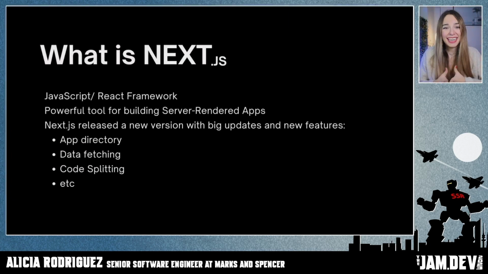What is Next.js? Next.js is a trendy JavaScript React framework, really compatible with TypeScript. It's a powerful tool for building server-rendered apps. Server-rendered apps are web applications that are generated on the server and then sent to the client as a fully formed HTML document. With Next.js, you can build apps that are optimized for performance and SEO and have a seamless